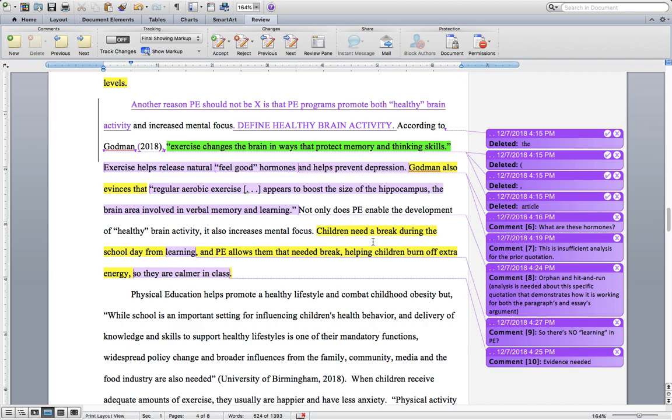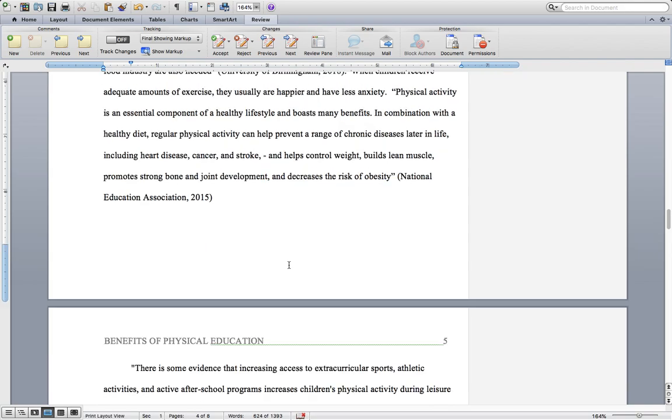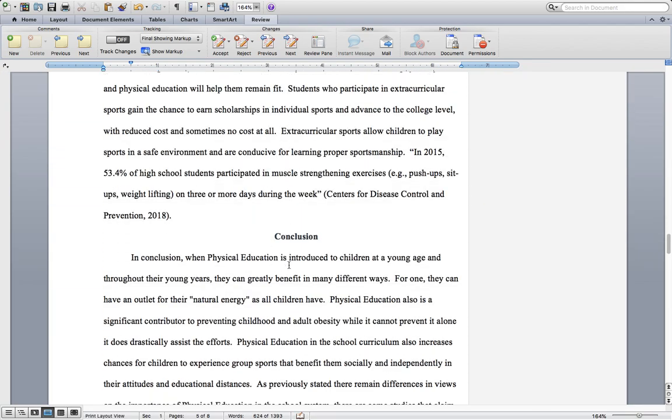And then I would go on to say, the problem here is that this paragraph ultimately has two subclaims, one about the healthy brain activity and the second about the mental focus. There's evidence for the healthy brain activity, but there's no evidence for the increased mental focus. So evidence would be needed for that. Okay, that is